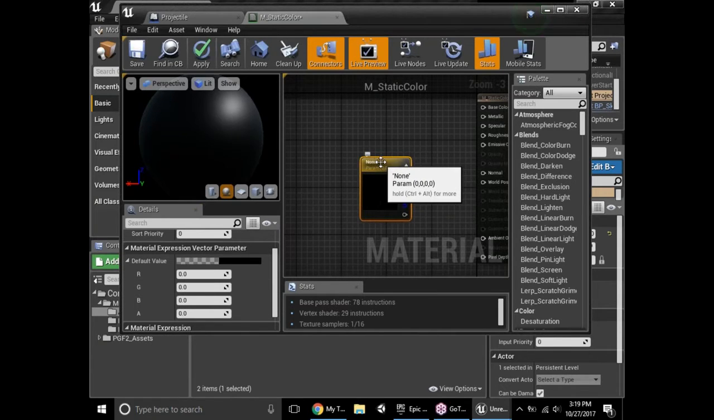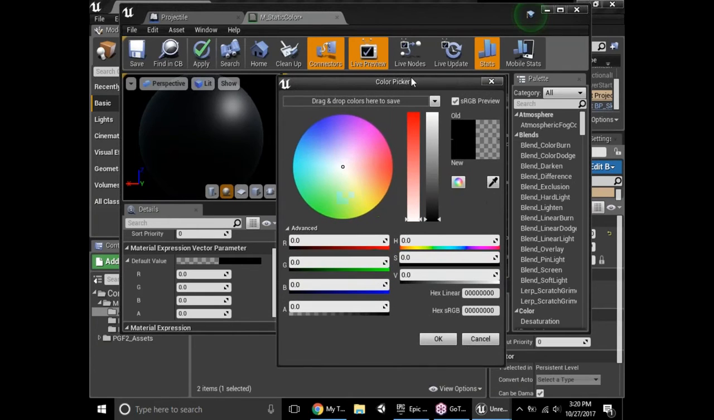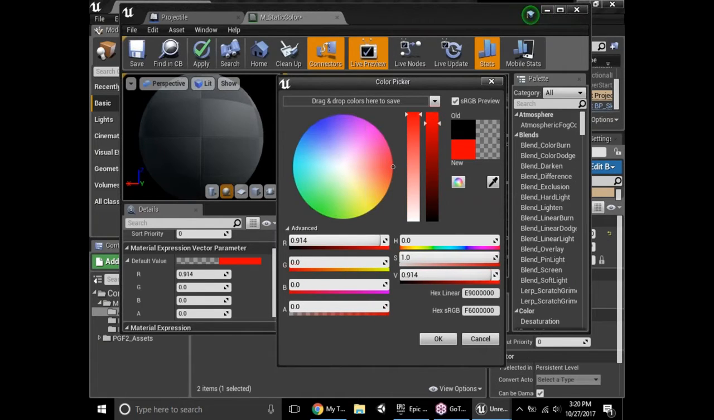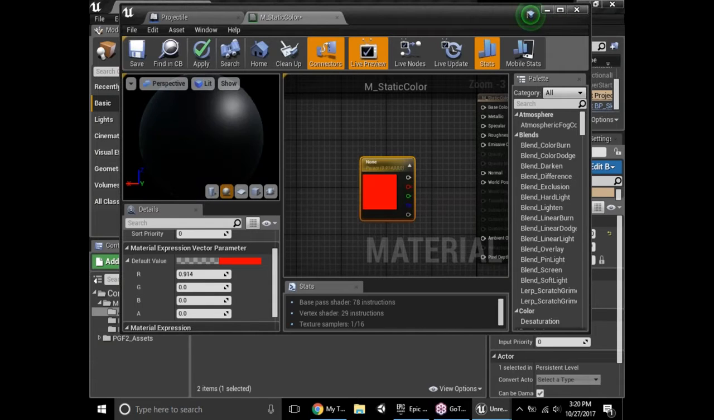And this vector, if I double click on it, we can actually set the color. So I'm thinking a red bullet to signify danger. So I can grab that, drag that over, make it a lot more red. And I noticed it didn't update here. If I click OK,